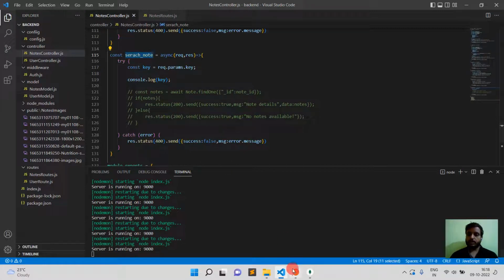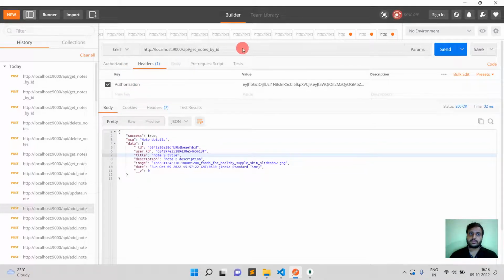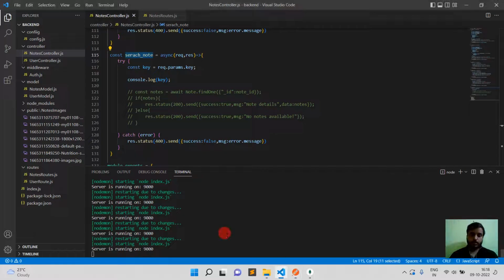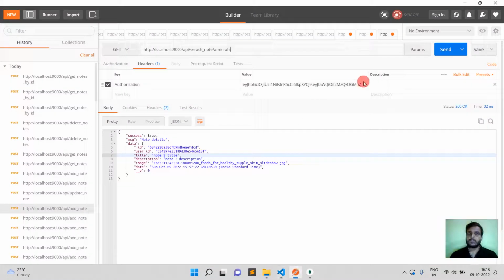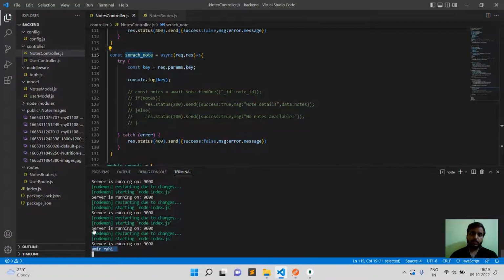Just copy this search node and, okay, and now you can see server is running on 9000. Here we will print this console log. So just press send. Now you can see here parameter is coming here. Okay, so with the help of this parameter, I am going to